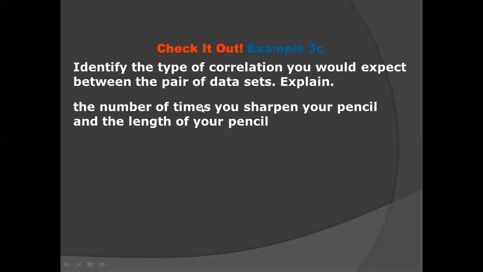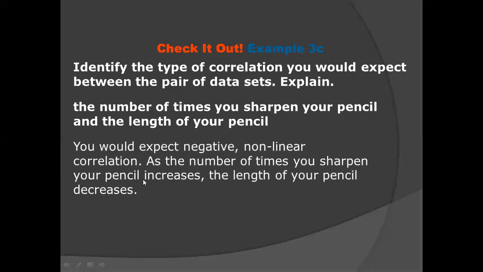Another example, the number of times you sharpen your pencil and the length of your pencil. Expect a negative nonlinear correlation: as the number of times you sharpen your pencil increases, the length of your pencil